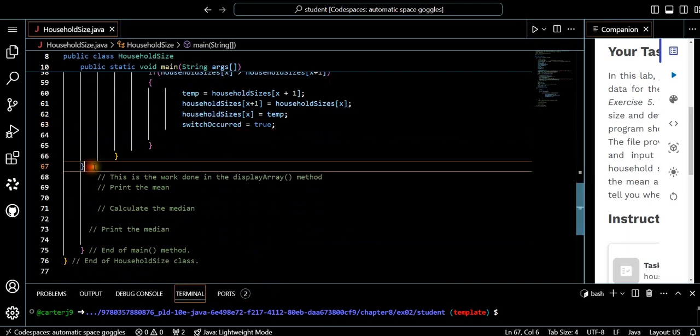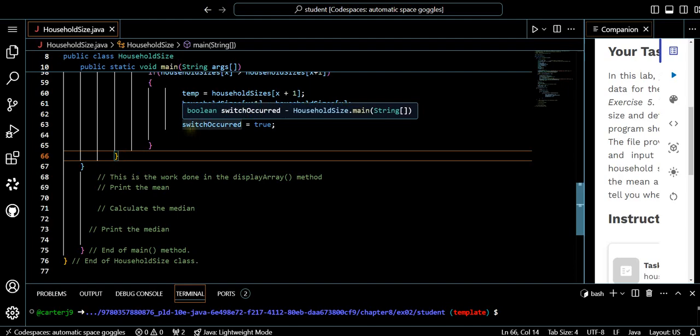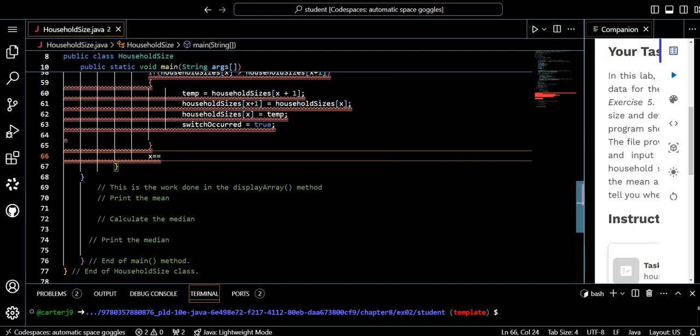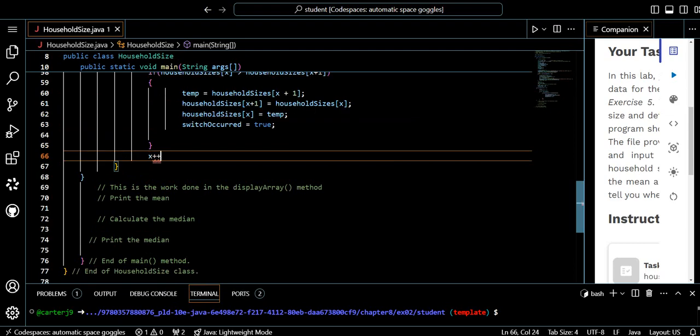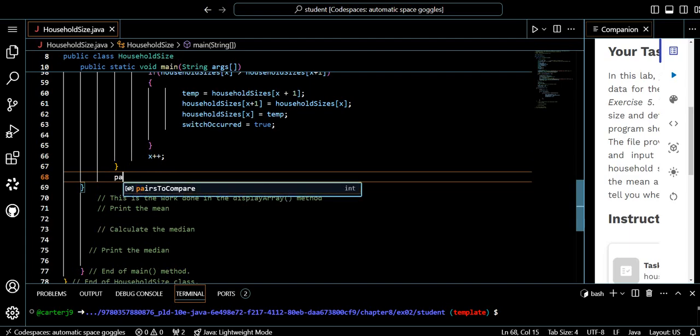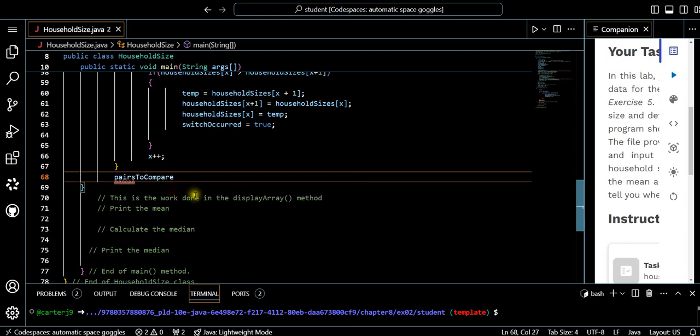Pairs to compare. It's going to be right here. So this bracket. X plus semicolon. And here we'll do pairs to compare minus semicolon. So this one gets us ready for the next pair, and this one reduces the number of pairs. Plus the minus minus. All right, so now let's go into this